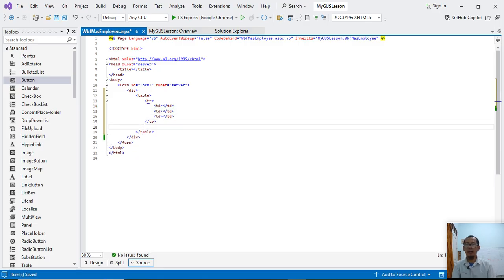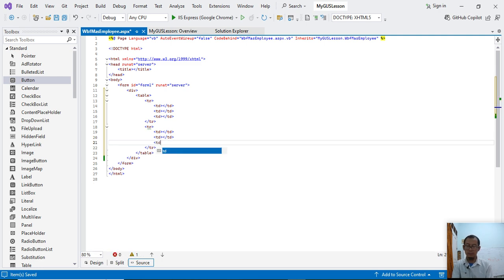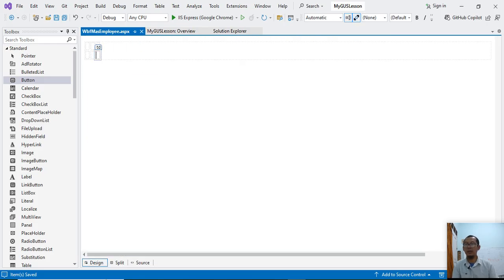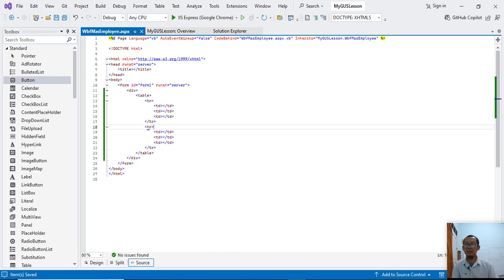I create another row, TR, with 3 columns. Let's see what it looks like. We have 3 columns and 2 rows. Here is our syntax. Create a table by typing table, row and column.